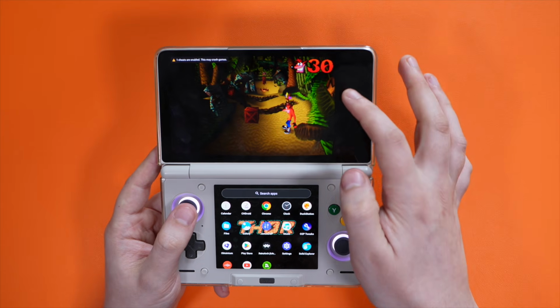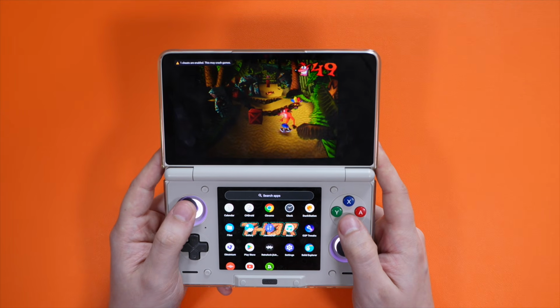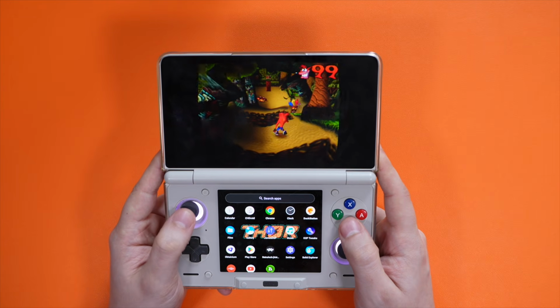You need to enable the codes first, but we can have infinite lives. I've enabled the cheat. You can see there that my lives are ticking up and up and up and up, so we'll get to 99. There we are. And then if I die,